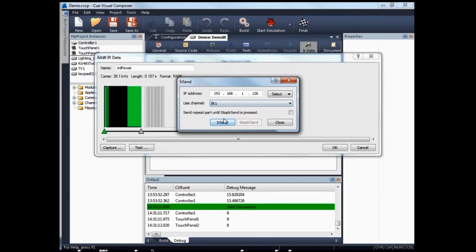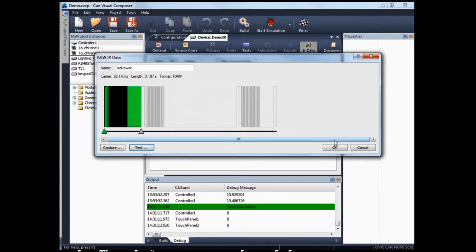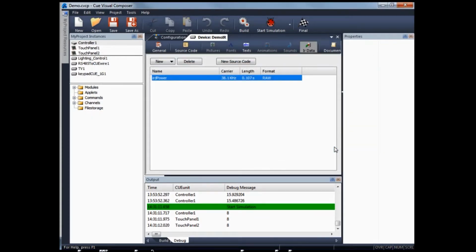So by doing this, click on the IR send, and the controller will actually send out the infrared command to the device. This way we will test whether the device is working or not. If the device works, just simply close and OK it. You will have a command being learned in the driver. You can go ahead and repeat the steps before to create as many commands as required based on the remote control of the device. After doing that, click on New Source Code,